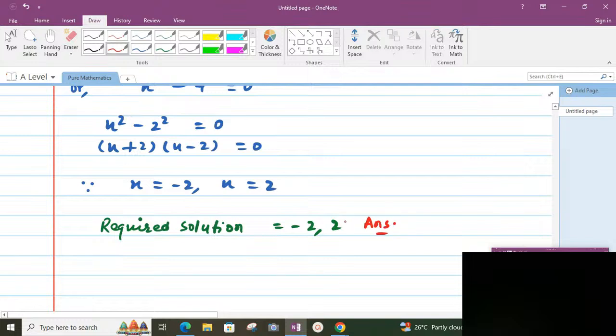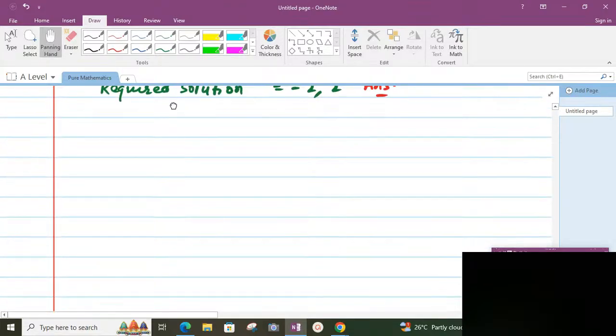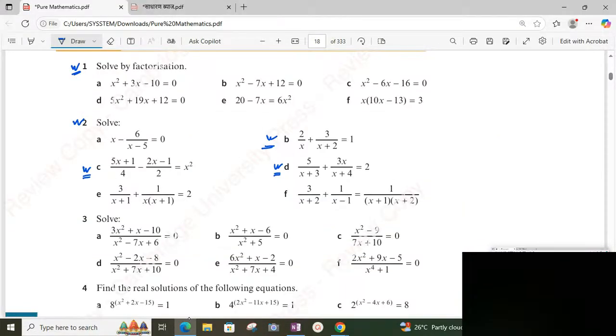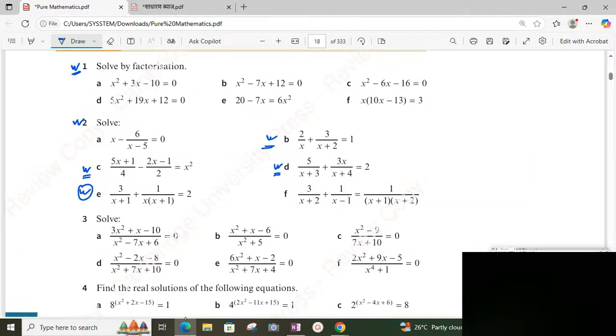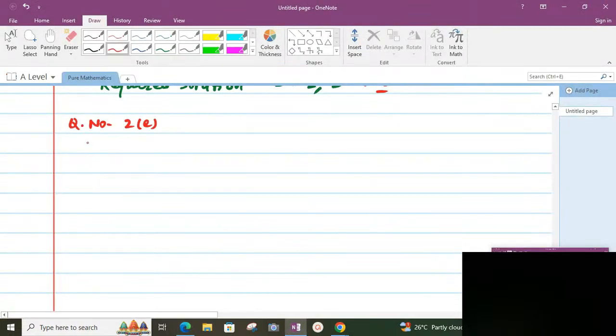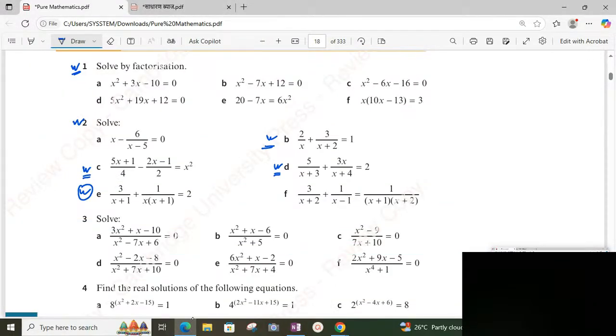Hope that there is no problem to understand the solution up to this step. Let's see the next question. Question 2 E: 3 by x plus 1. Let's see here 3 by x plus 1. We write down here 3 by x plus 1 and plus 1 by x plus 1